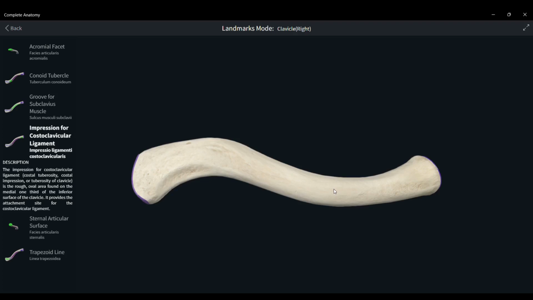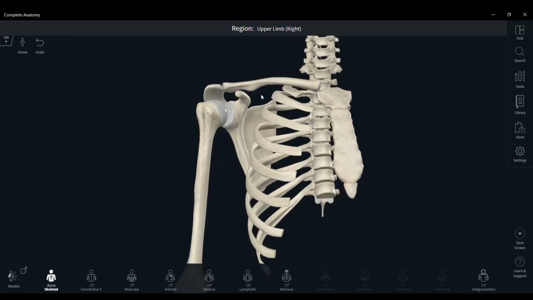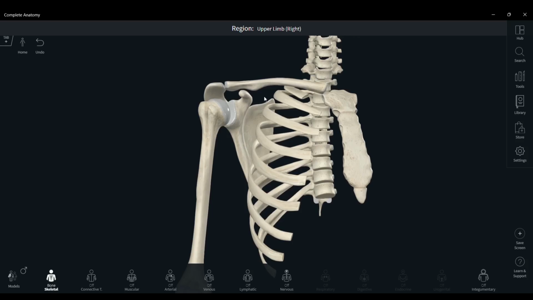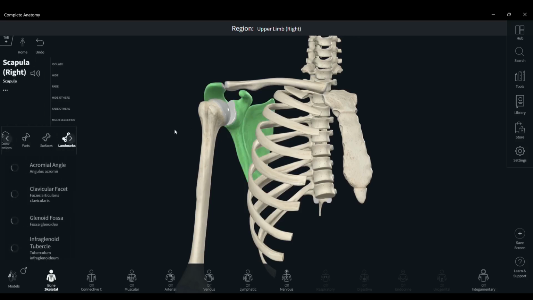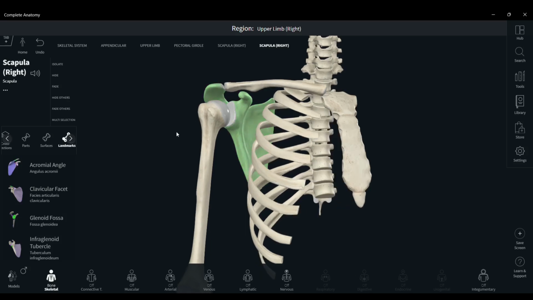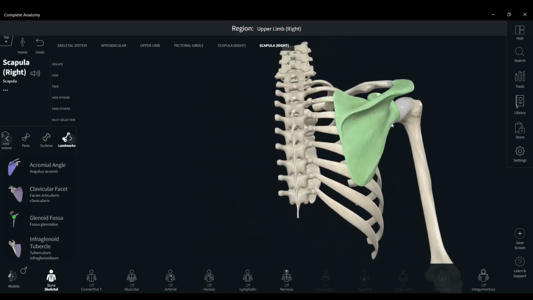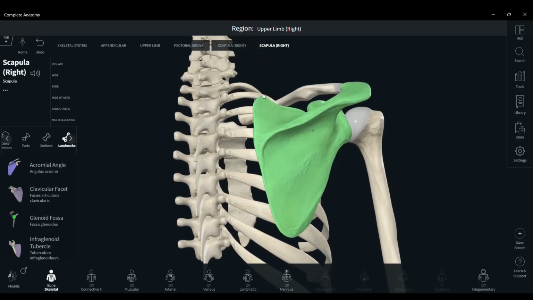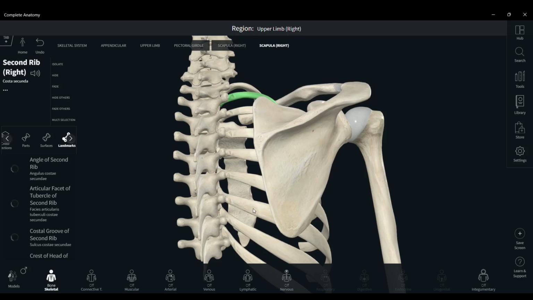side of the neck. Among the bones of the upper limb, we are now studying the scapula. First, we will clarify its position, then we will go through the important structures on the 3D model. The scapula is a flat, triangular bone on the posterior wall of the thorax. At rest, it lies over the 2nd to the 7th ribs, approximately 3 cm lateral to the midline of the